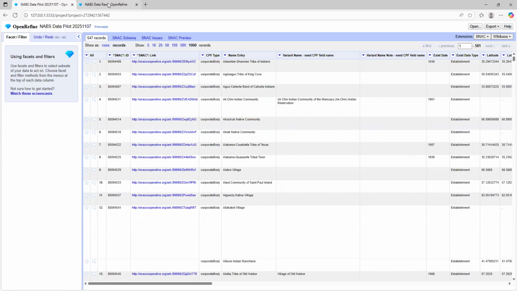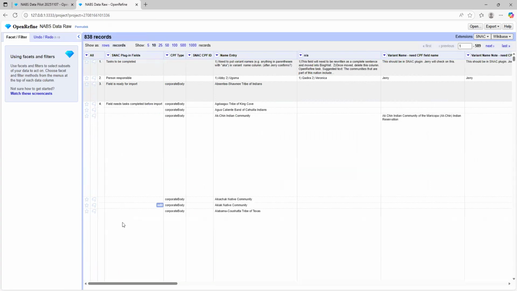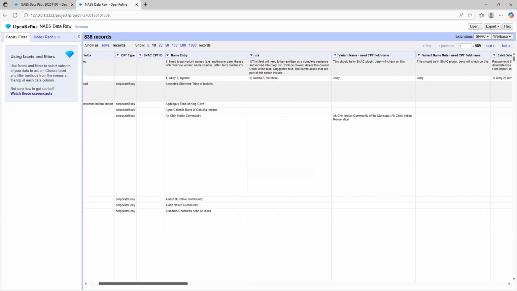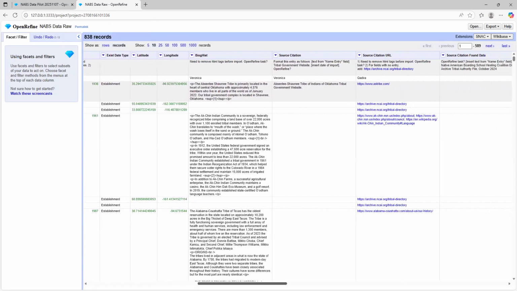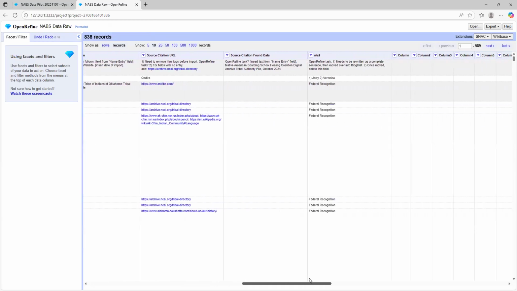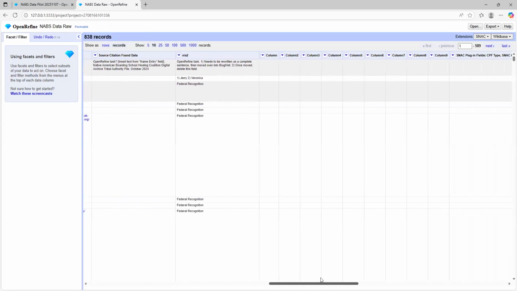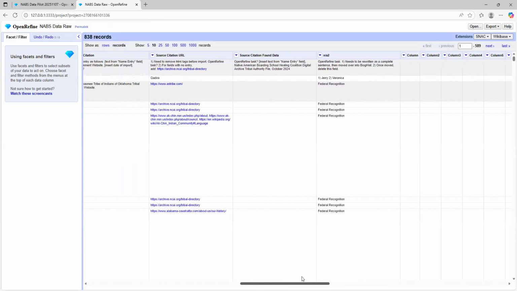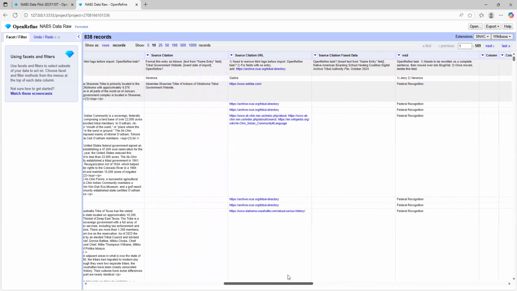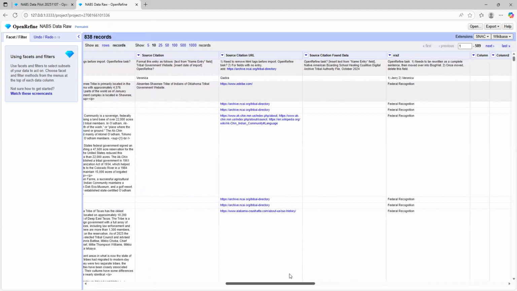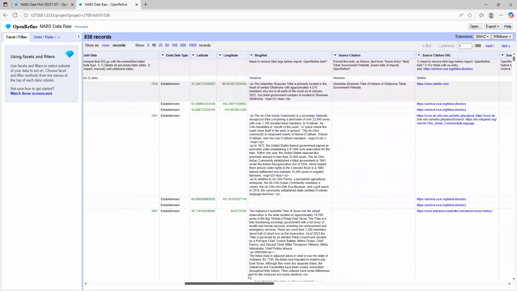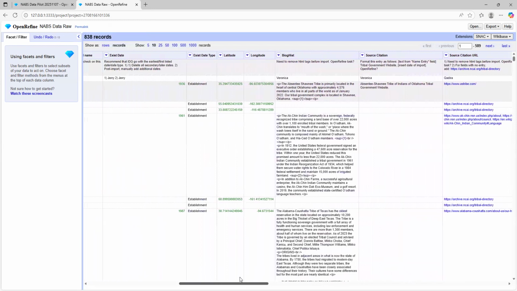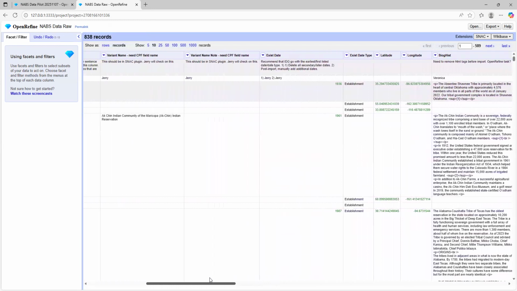So going back over to our raw data tab, in this case, we have a fair number of columns. Just scanning across those so you can see what we have, and each top row here has what needs to happen for this to be ready to upload into OpenRefine. And so